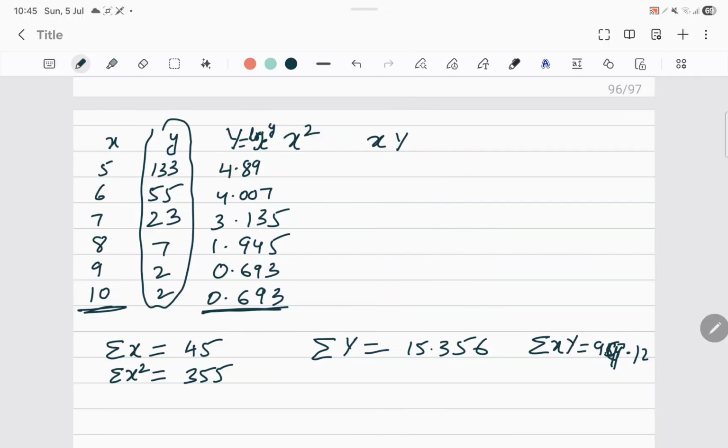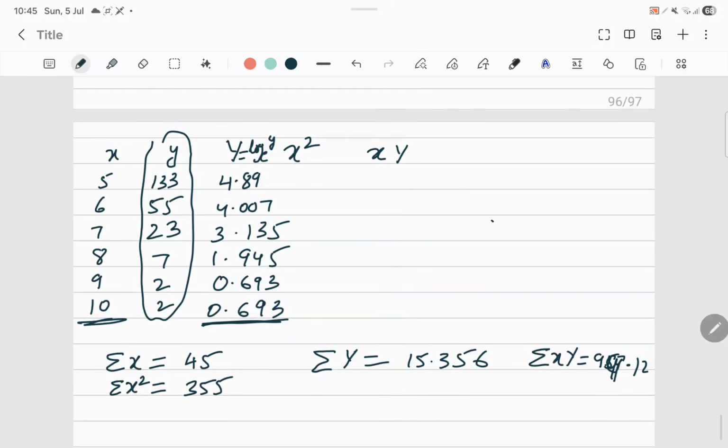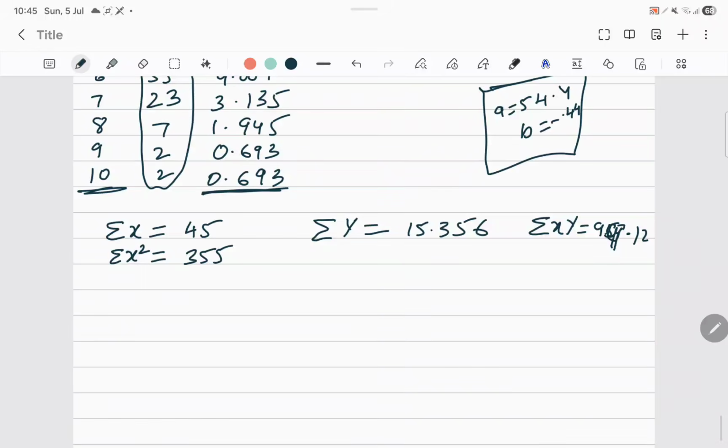Now go back, again you reach the table, again execute and go to regression results. So I will go to the fourth one, y is equal to a e to the power bx, and I'll do OK. So I got my answers. So I'll write the answer on the side paper, and I'll verify whether I am doing it correctly or not. So b is equal to minus 0.44. So that value I should get when I solve.